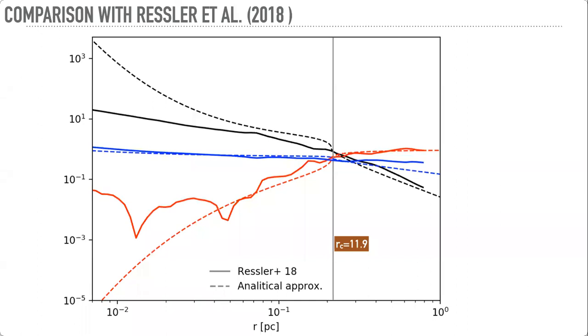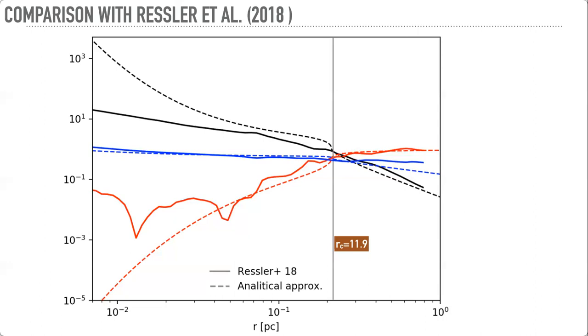We also do a comparison with the results of Ressler et al. These dashed lines are their simulation that included cooling and has a lot more resolution than ours, and included also the accretion of the black hole. And in solid lines is the analytical model using an RC of 11.9, which corresponds to the radius when they impose their sources. And you can see, well, inside RC they have some differences, but outside RC, given the assumptions of the model, I would say it's a really, really good correspondence,